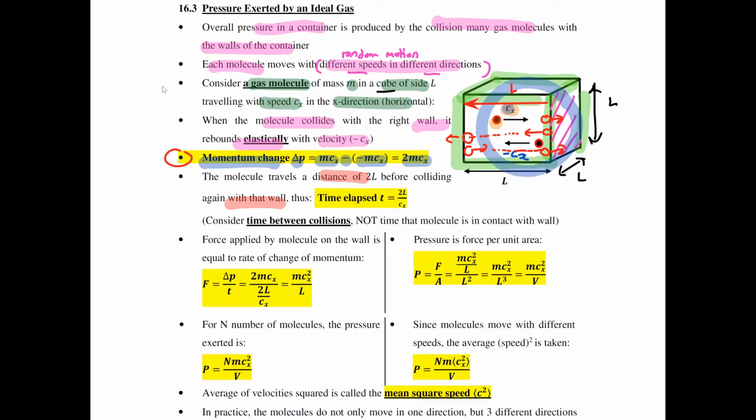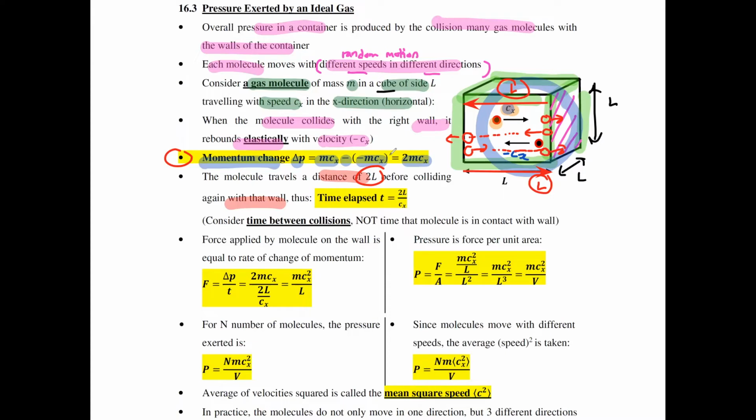And then if you move back from here to here, this one again is going to be L. So L plus L gives you 2L. All right. So why you want to use this is because you are trying to find out the time between collisions. Remember just now the assumptions of kinetic theory of gases, we mentioned that the time of collision is negligible compared to the time between collisions. Right now, you're actually trying to find the time between collisions, because that is the thing that you can actually